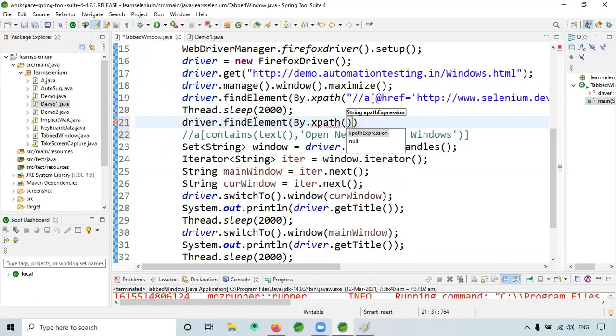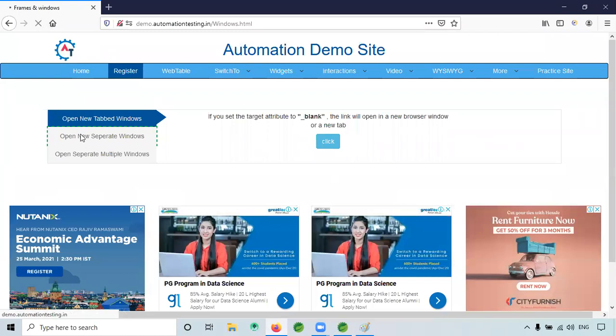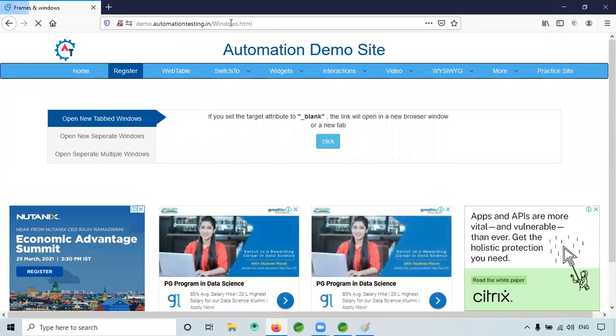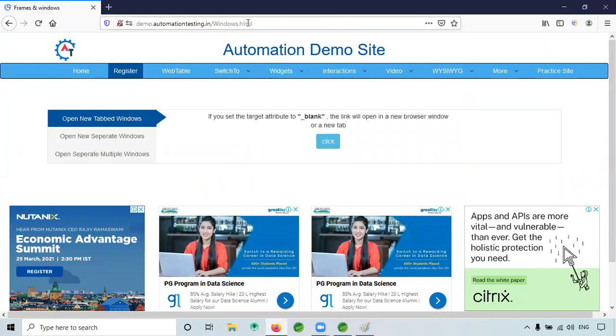See what is happening is, for the tabs and all, the URL won't change. See here, windows.html is there, the URL doesn't change. We selected the XPath of that first element, the open new tabbed window, right?